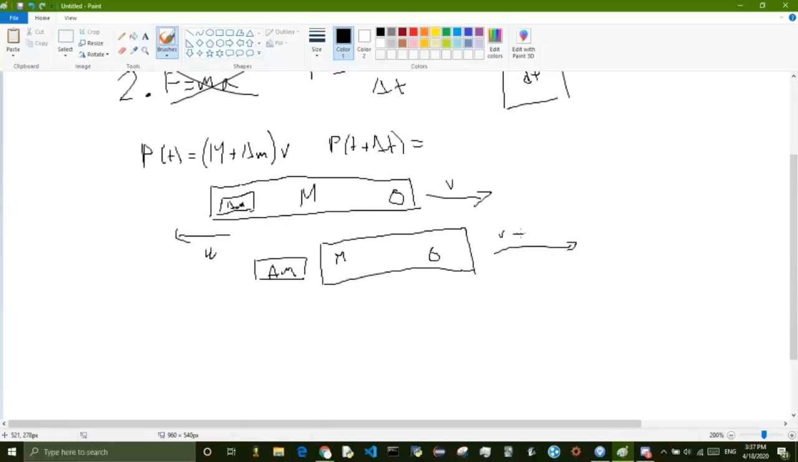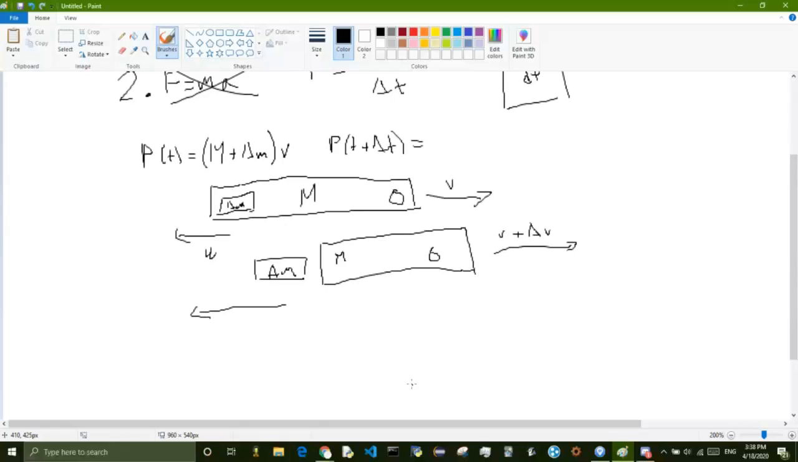U plus v. That's what you said? Yeah. Now, hang on. Be very careful. This is very tricky because you have to analyze it from the frame of a person